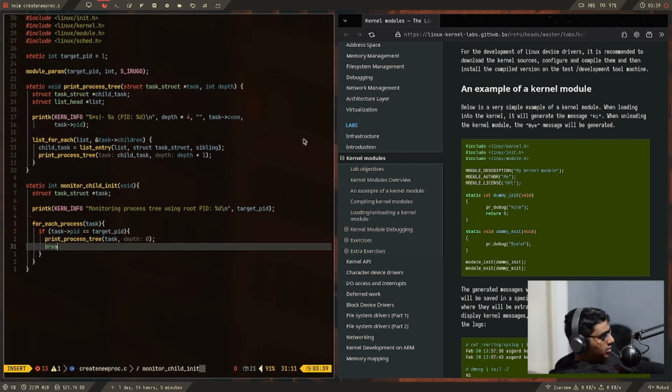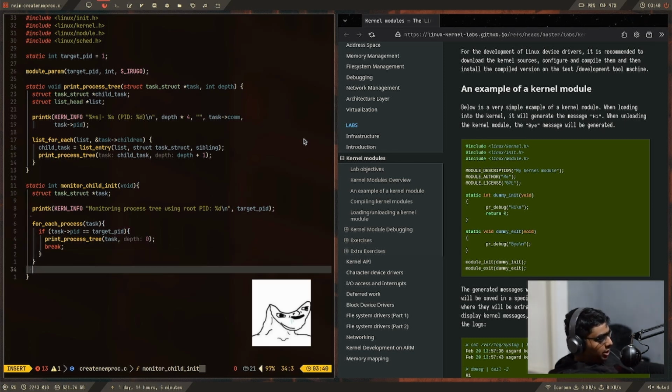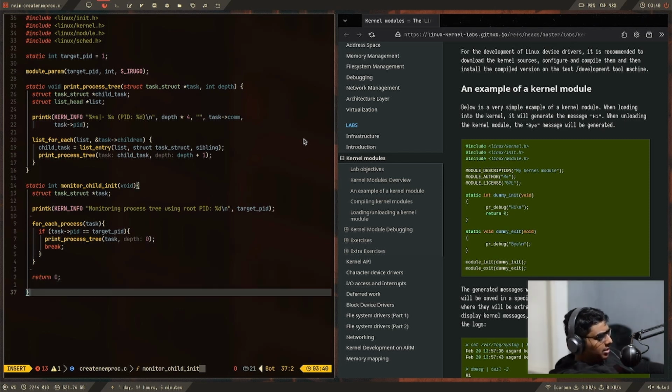You can break the inner loop here. So this is not a traditional loop, this is part of the headers, so that's why our LSP will complain if it sees this. So I'm just not going to activate the LSP right now and directly just write and quit before the LSP starts screaming at me. So yeah, now I think our final goal would be to write our exit function,